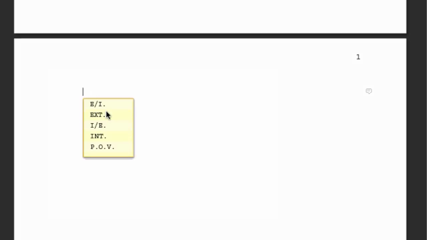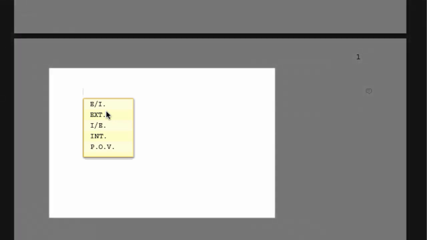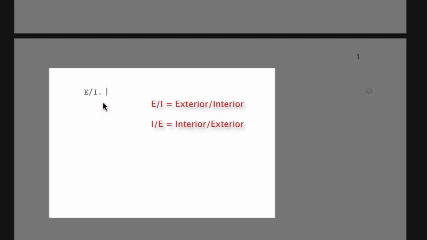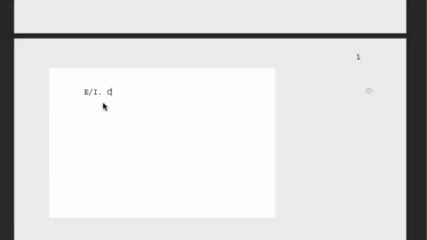Like Celtx, when you begin to type, it gives you some pre-typed options. So if I hit an I, Interior pops up, and I can select it. You may have been asking yourself, hey, wait a minute, what is that IE and that EI? Well, IE and EI just means that you're going to be in a car, because then we have to be both inside and outside at the same time.